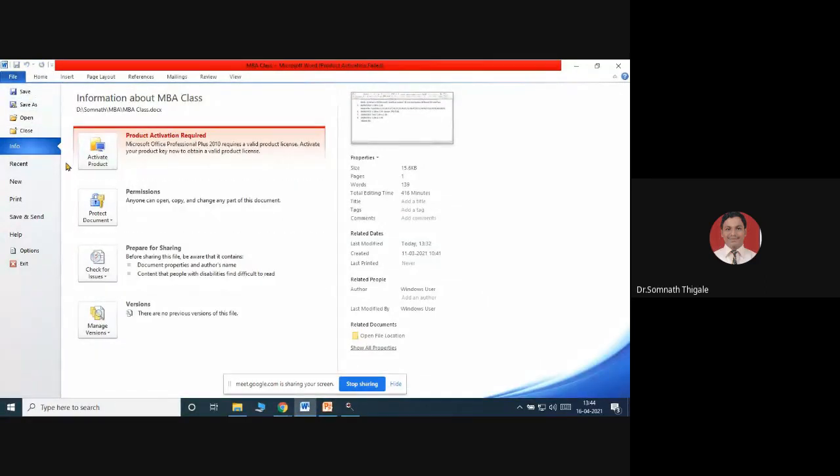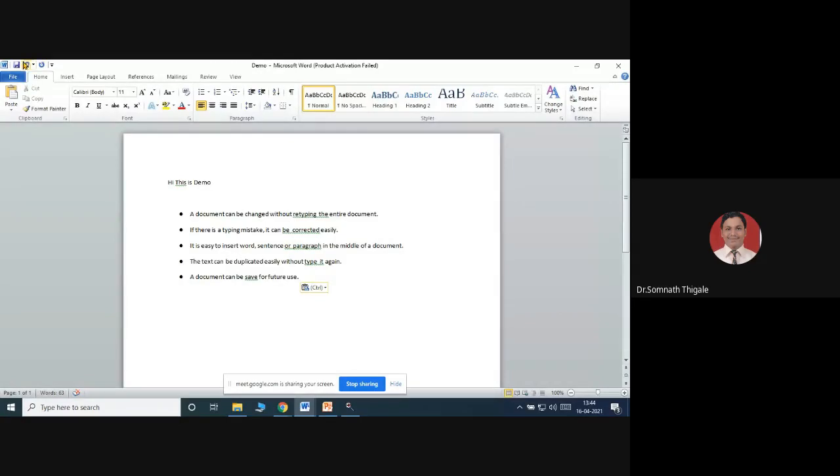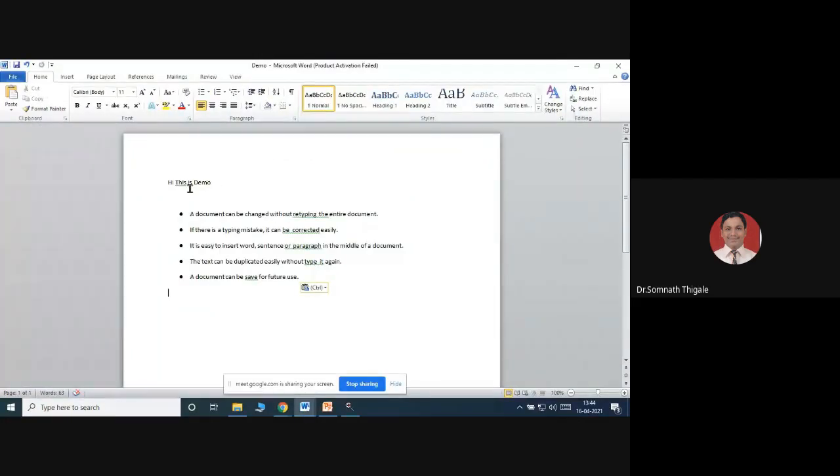I'll go through that option, and I can rearrange it, getting the same text format. This is the first advantage I'm getting here. A document can be changed without retyping the entire document. Keep whatever part you already have as it is. The additional part you can do very easily, a feature that was not available in the typewriter.